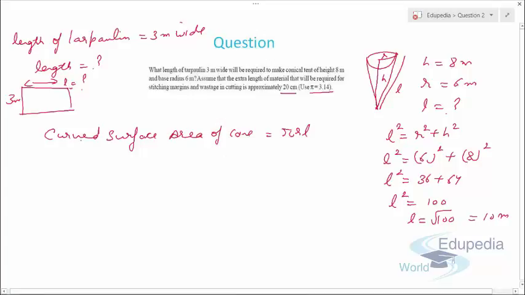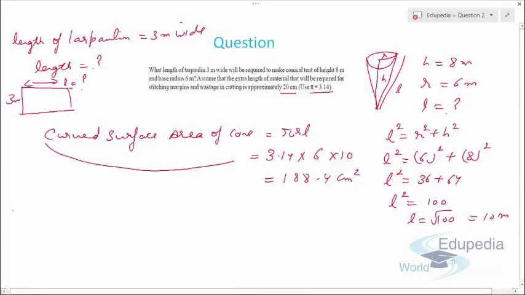So it will be 3.14 times R is 6 and L is 10, right? So when we solve this, it will come out to be 188.4 centimeter square. Now, this curved surface area of a cone should be equal to the area of the tarpaulin